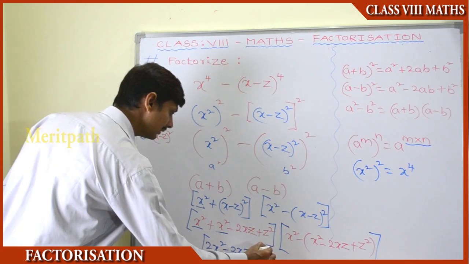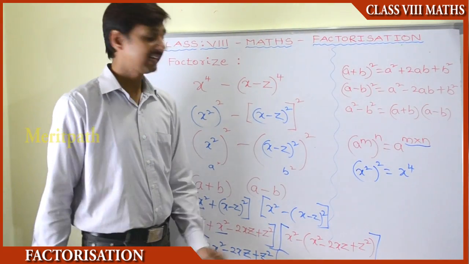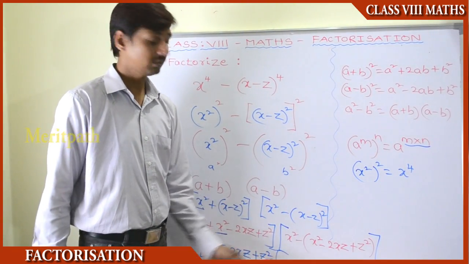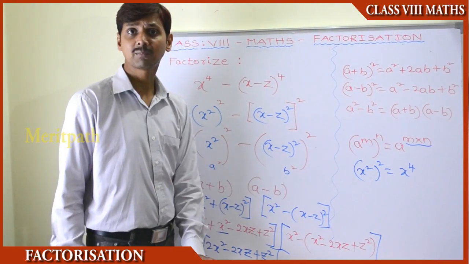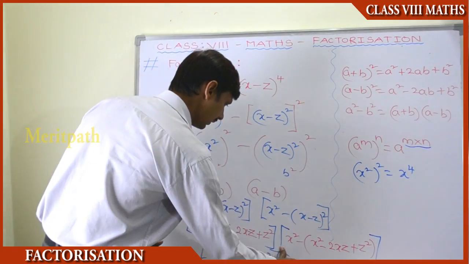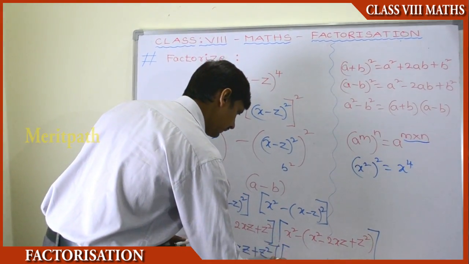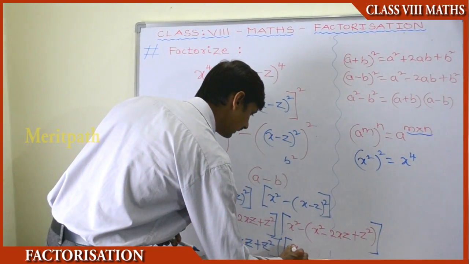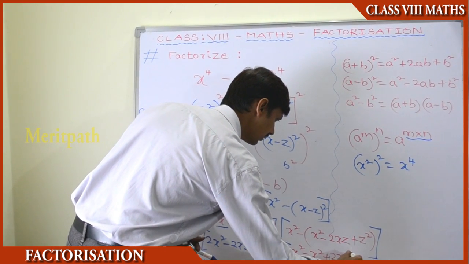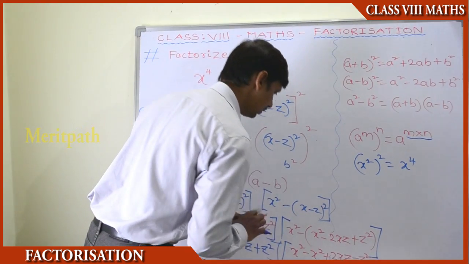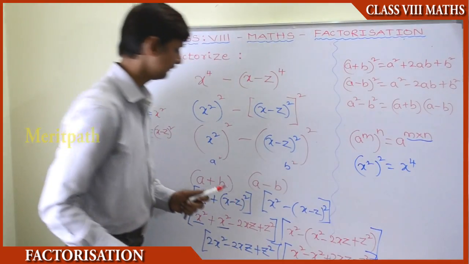So close the bracket, and after here we can see that there is a minus symbol. This minus will be applicable for the whole term. So let's multiply with the minus. So here after multiplication with the minus, x square minus x square plus 2xz minus z square. So close the bracket, then we'll be getting here